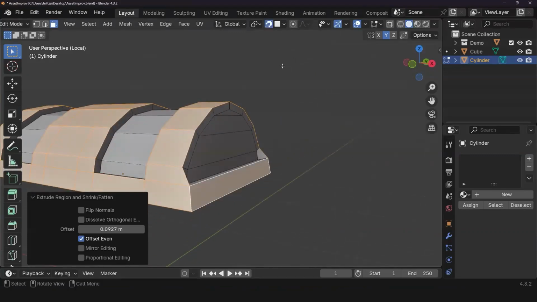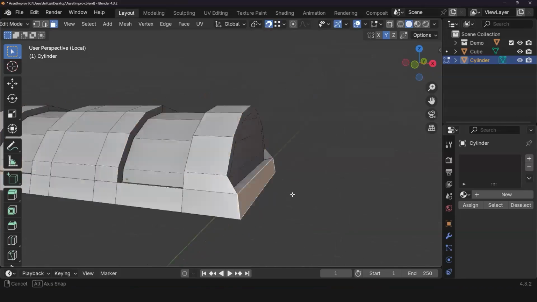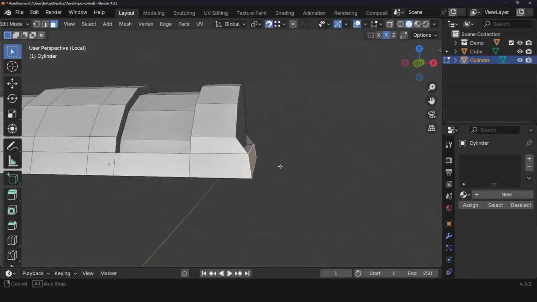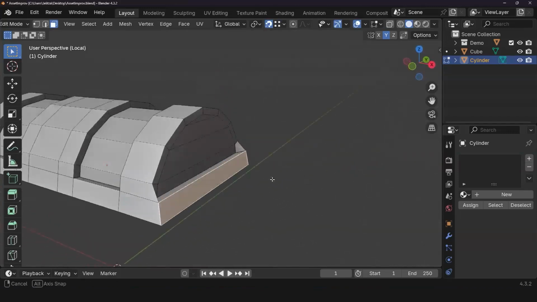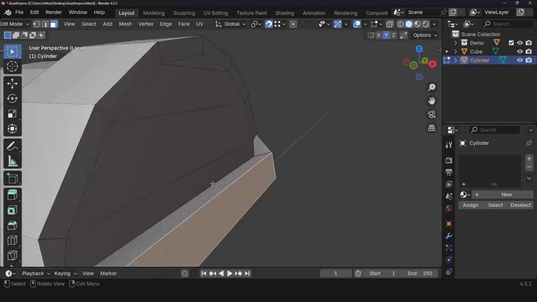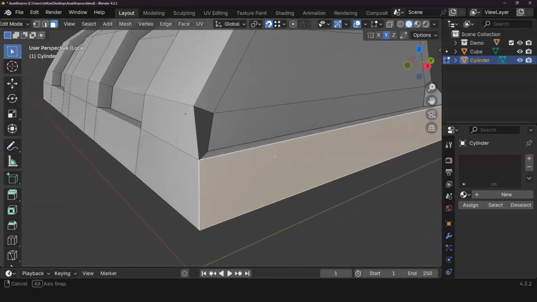I'm going to turn on my snapping tool. I am going to make sure this is on center, and then I wanted to use Vertex. So if I were to select this face, right, oh, I see. It's a little strange.